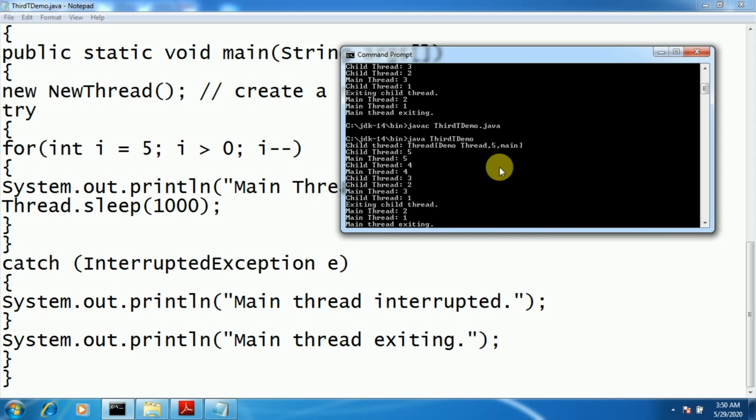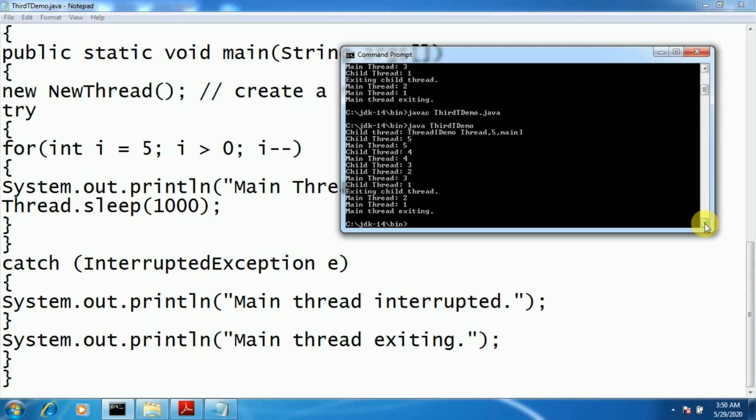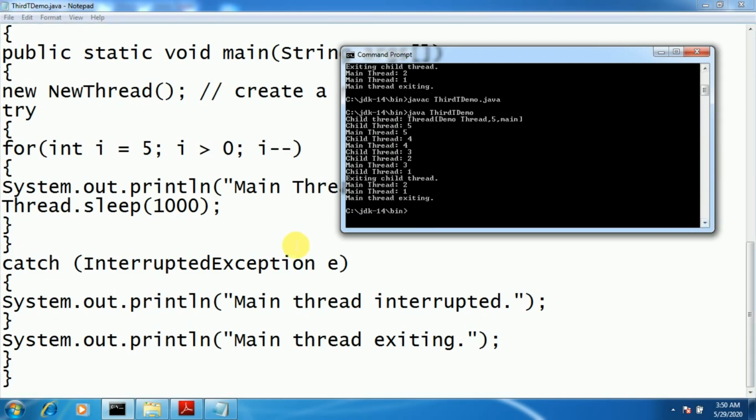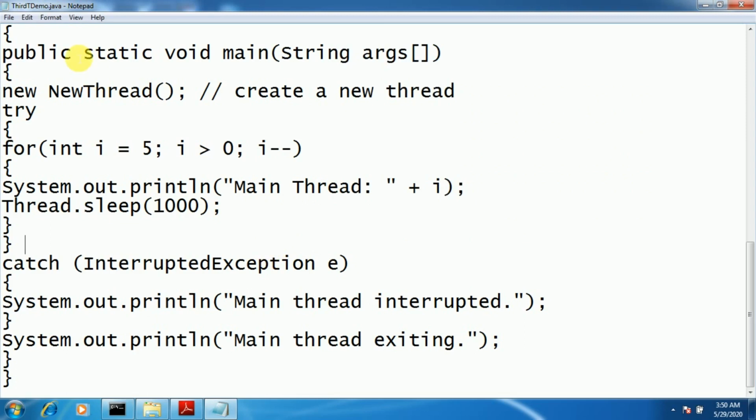parallel execution of a thread, because it is not in our hands which thread will get the control of the program first for the execution. It may be the child thread first or the main thread first. Based on that you will get the output. So everybody is going to get a different output for the same program.